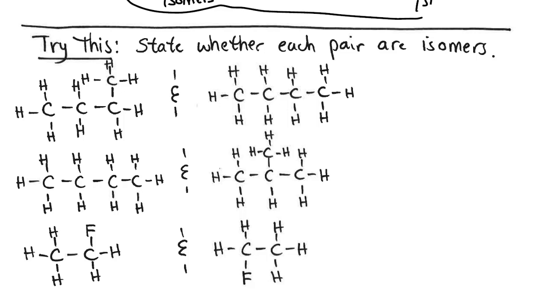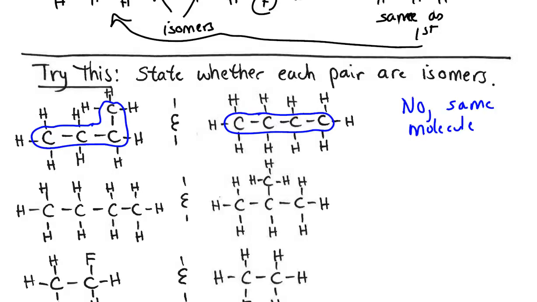All right, let's look at the first pair. Remember that the different bonds off of a carbon are all equal. They're all the same. So that makes this a little tricky. All right, and the second one,